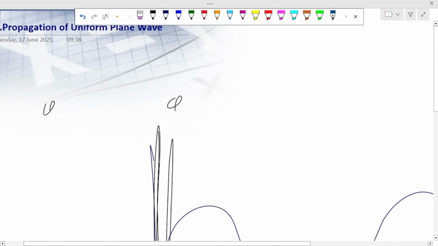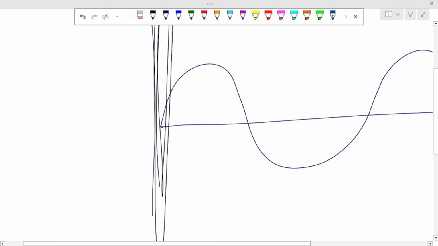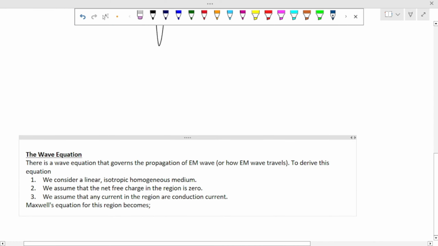We've talked about why we want to study propagation of uniform plane waves. We've talked about what propagation is, what uniform is, what plane is, and then wave, of course, and what they all mean together. And of course we've said why it's important. And in order for us to now